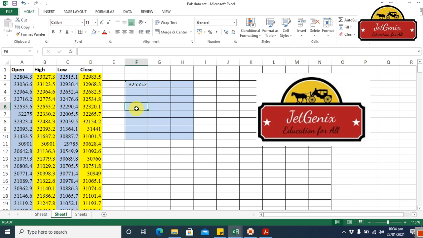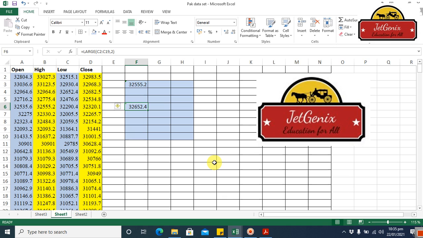Now if you want to find the second largest, for example, in this range, you can just select this range, and after this comma and press 2, okay, and close the parenthesis. Now press enter. So this is the second largest value in the selected range, okay?